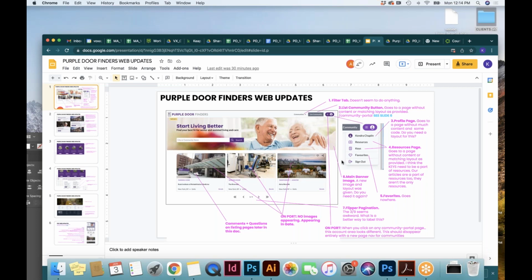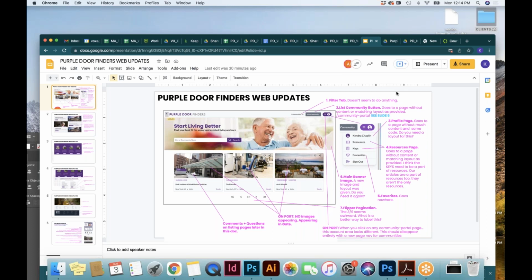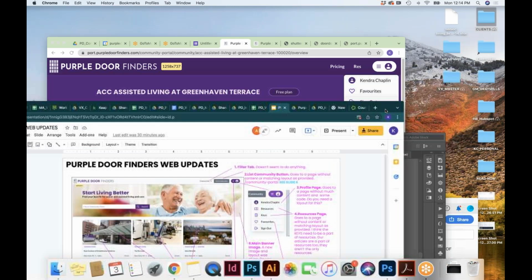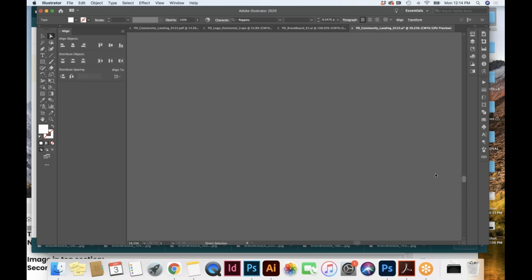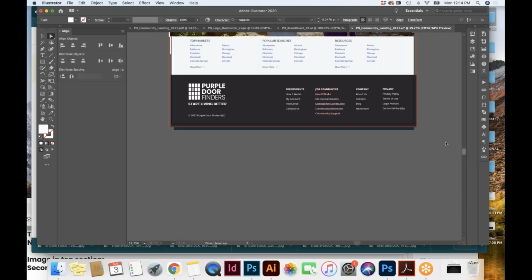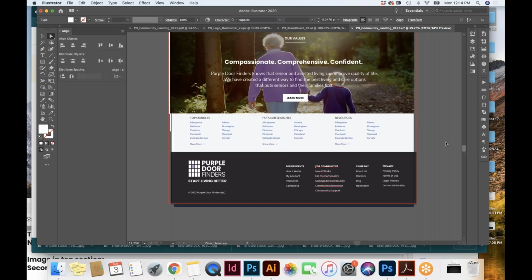So we didn't change it from the, can we go back to see it? The bottom section? The bottom section, we were looking at it and the layout. This is on the community landing page. This is where I've redone the footer, but it really should be a site-wide update.